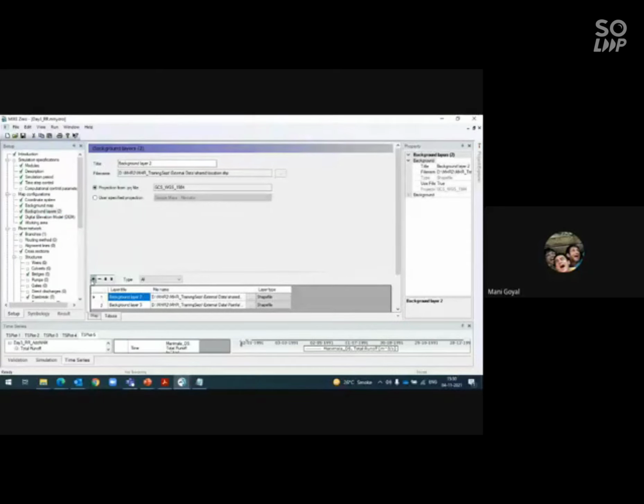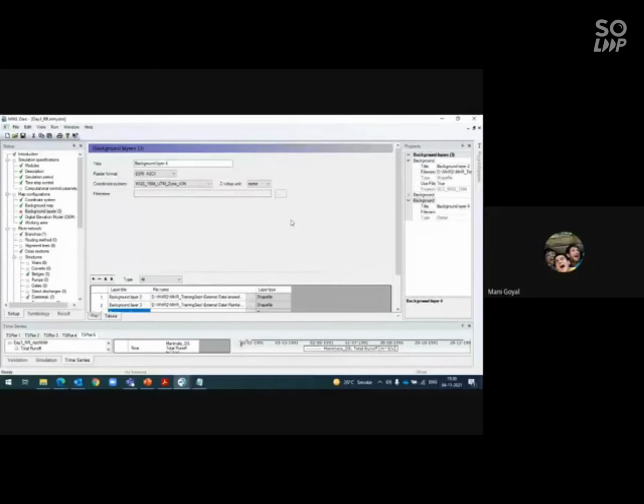If you click on this plus sign, these are the three options available to add: raster file, shapefile, or image file. Before, you could import only ASCII format or DFS2. Now it is available with GeoTIFF also. So once you download your DEM, digital elevation model, from any given site, it will be in .tiff format, so you can directly import it. So I'll delete this now.